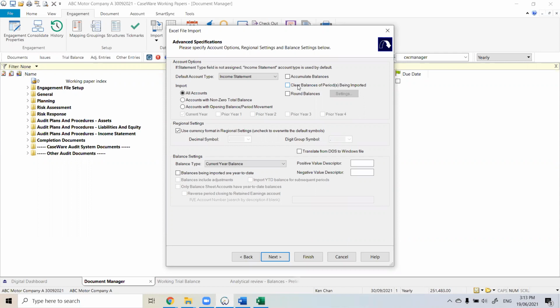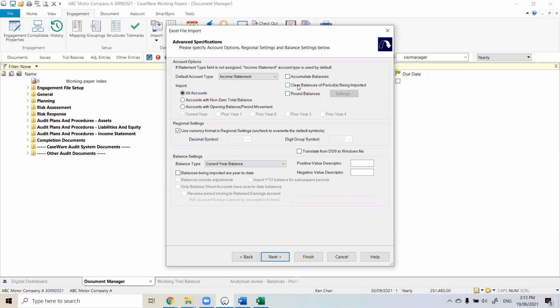If in the first import an account exists, but then does not exist in the second import, there is no overriding happen. Caseware will not override the first balance. So then you now have a $200 account that sits in your file that's not going to get overridden by any amount. It won't get overridden by zero. Okay, so when I finish the import process, I'm going to have an extra $200 in my trial balance that